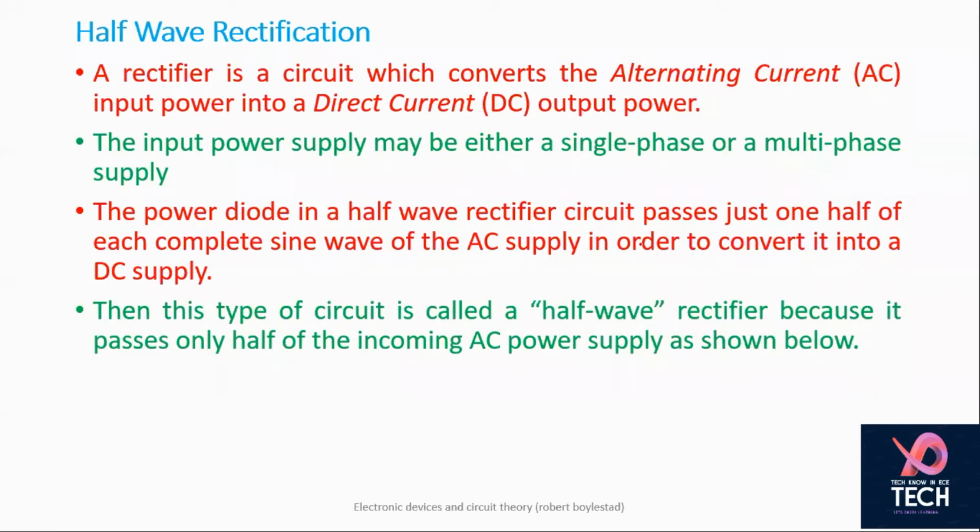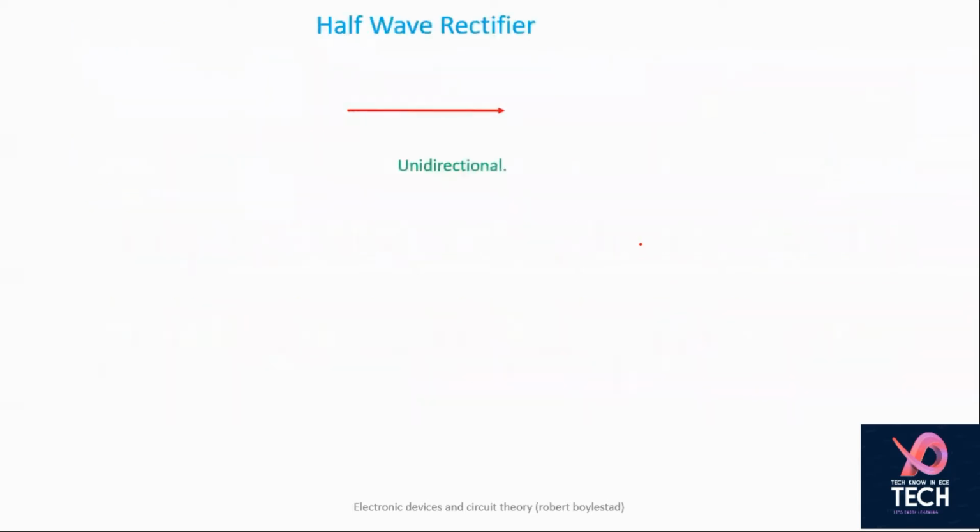So what is a rectifier? A rectifier is a device used to convert AC into DC, and we are talking about the half wave rectifier. So only one half of the cycle is rectified, and the other is not passed through. So now we will be discussing the particular circuit of the rectifier.